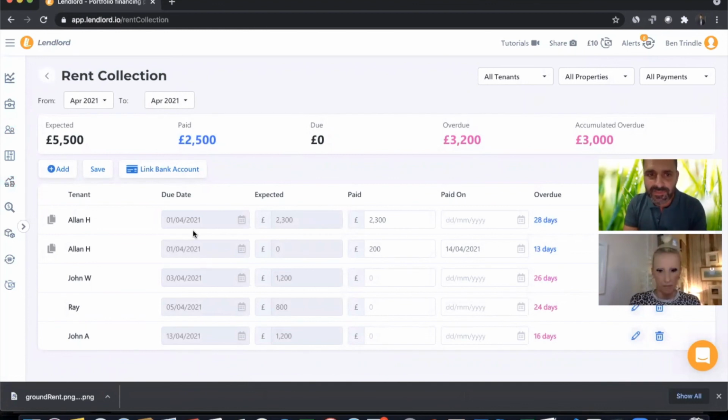Basically, this is the payment schedule. So you can see all the tenants that you defined on the platform. You see the due date, when they need to pay, and the amount. So how much is expected. So basically, if you don't track it on time, or if they didn't pay, you will see it as an